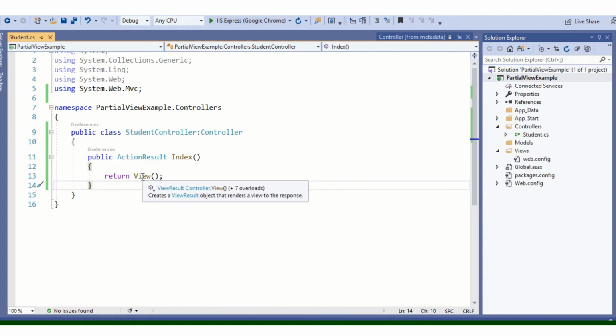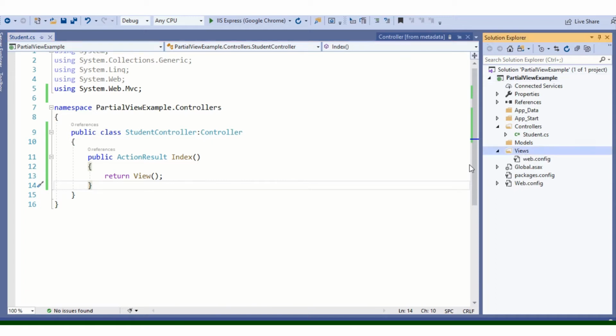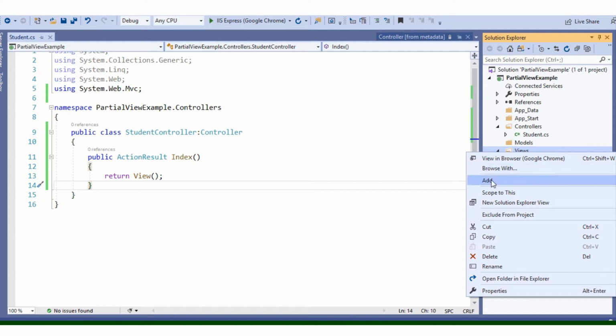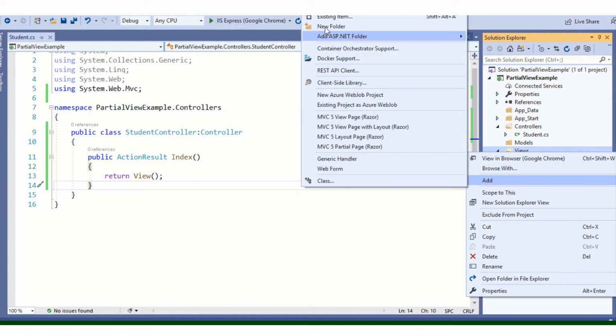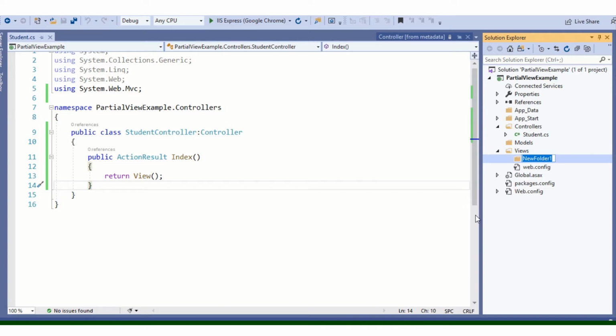So I will right click here and return a view. But as the option is not coming here, what I will do, I will add a folder in the name of the controller. New folder. Student. And inside that, I will create an index.cshtml page here. Okay, right click,